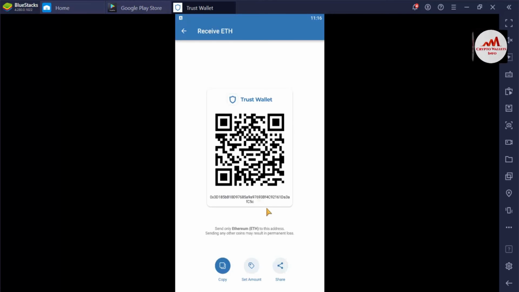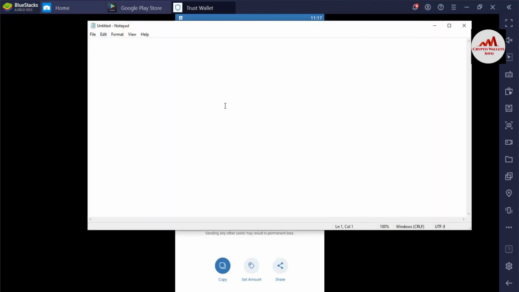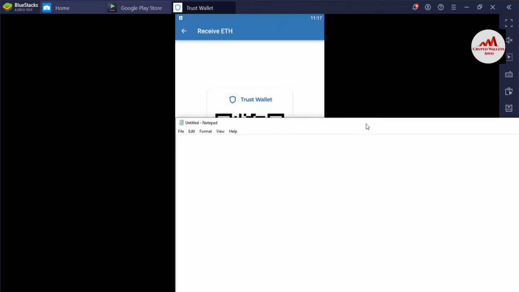Now I am going to cross-check whether my Ethereum wallet address and my Binance Smart Chain wallet address are the same or not. I'm going to simply copy this wallet address and open the notepad file. My notepad file is open in front of me.